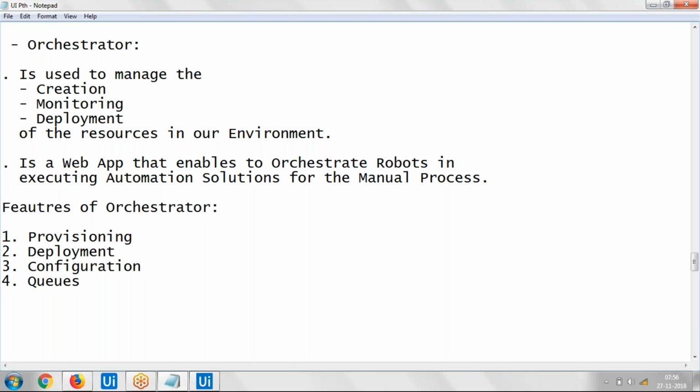Once we understand Orchestrator and execute a bot using it, we will even work on queues. We will take one of the use cases using queues also. Queues will be worked on in Orchestrator, so for working on queues we need a good understanding of Orchestrator first. Then queues, monitoring,